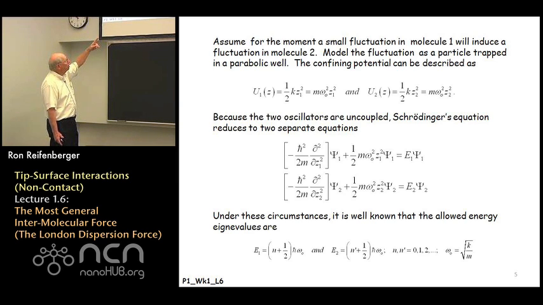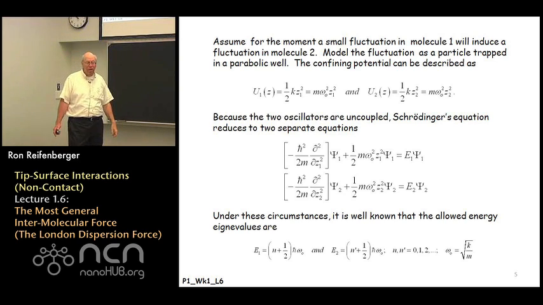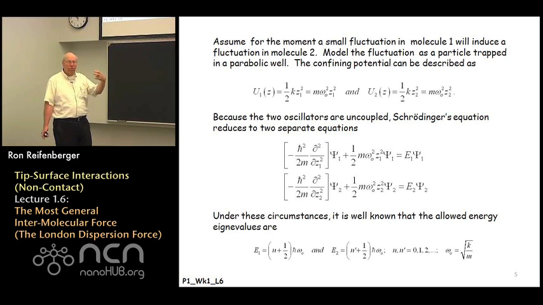So we've got Z1 and Z2. We've got an equation for both spring systems. The energy eigenvalues, E1 and E2, are indicated in Schrödinger's equation. This is a well-known problem in introductory quantum mechanics. And the answer to the energy eigenvalues that result from solving that particular differential equation is given in the bottom equation here. It just says that the energy eigenvalues, in other words, the allowed energies for the springs